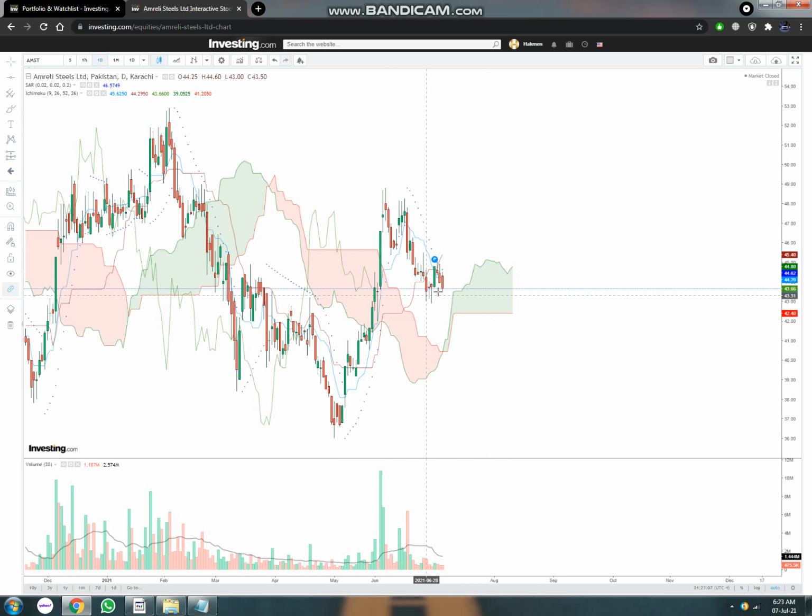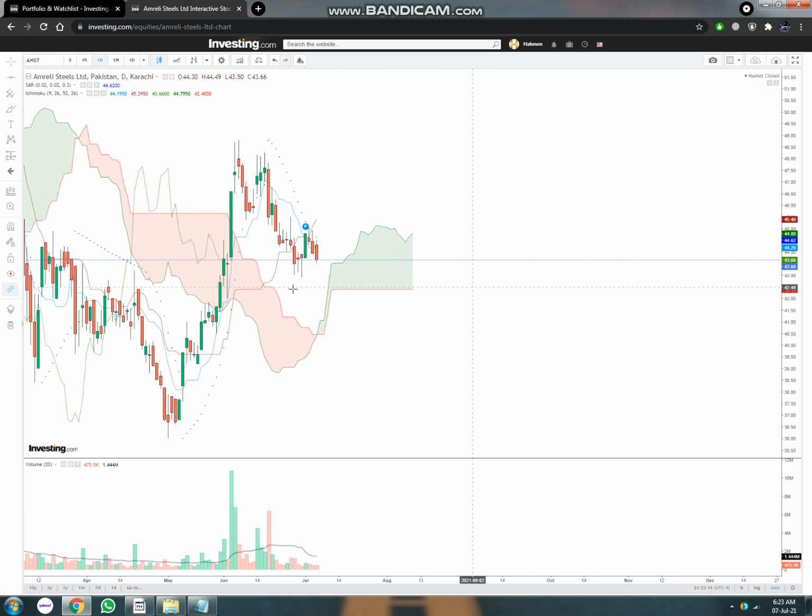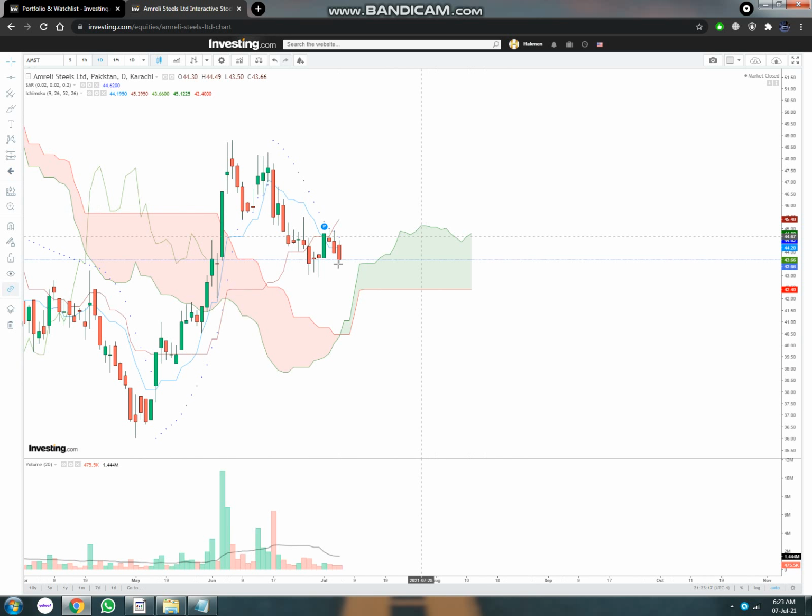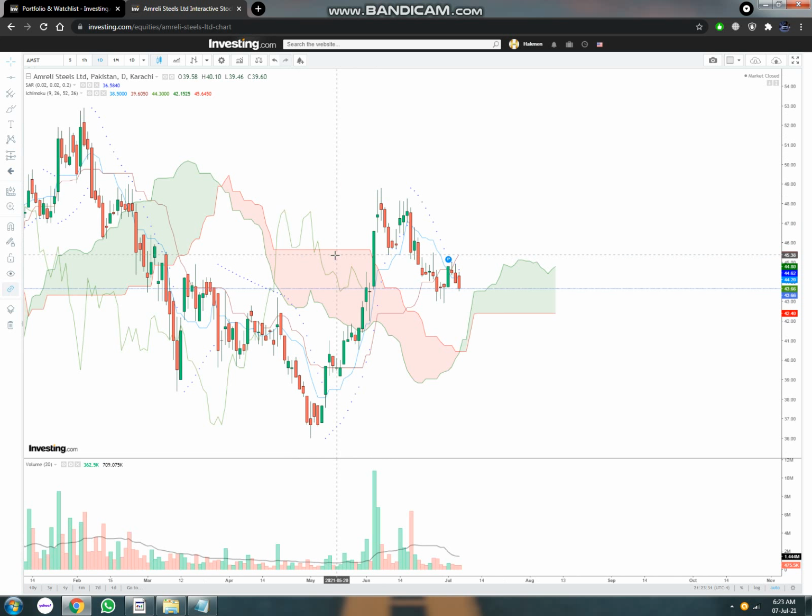So just wait for it and see what happens when the stock increases in value. Now you can see right here, it might have faced some resistance right here, but generally the stock will move upward. As you can see right here, the stock will continue its upward momentum despite this sort of move. So it will continue its uptrend, and it will increase in value, as you can see right here.